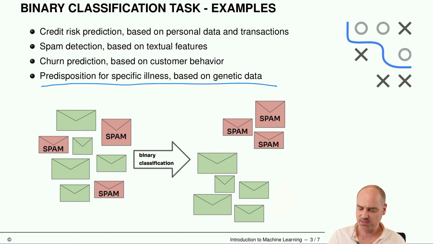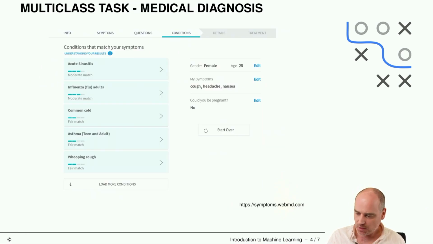Or probably even more relevant than the three tasks above, predictions in medical applications. So maybe you want to predict your predisposition for a specific illness based on genetic data. And here is exactly that scenario, taken from this web diagnosis tool under this given URL. This is a simple prediction model which, based on very few personal attributes like your gender, your age, and a rough description of your symptoms, apparently also whether you're pregnant or not,